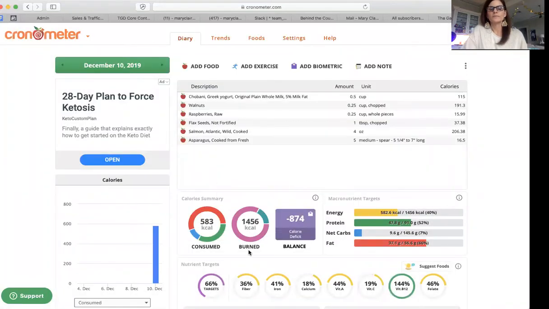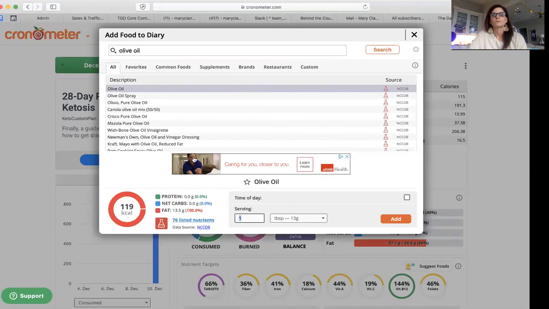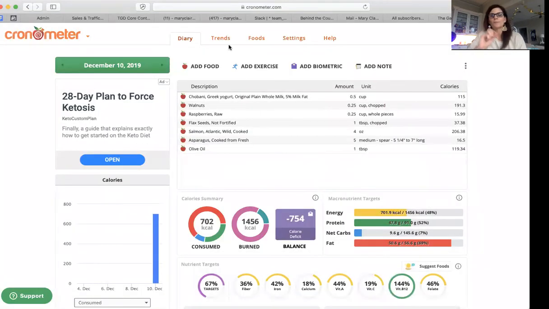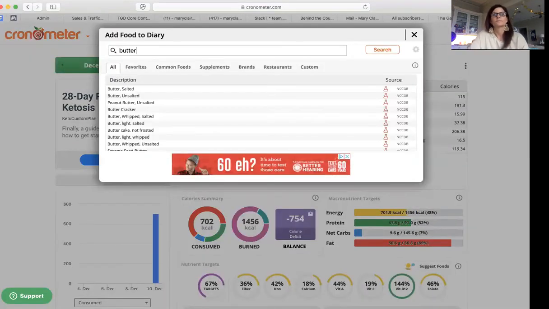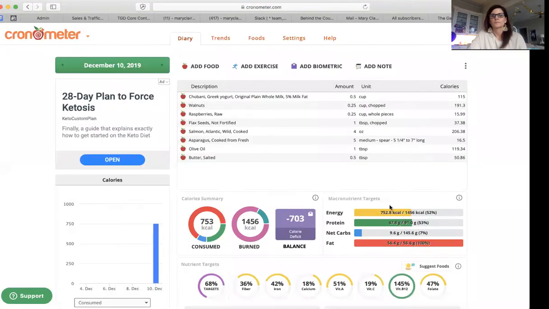And let's add a little olive oil. We're going to cook the asparagus with a tablespoon of olive oil, and then we're going to top it with like a 1/2 tablespoon of butter. Okay, so look here. So now we've got our parfait, and we've got some salmon and asparagus that we have cooked. And say the olive oil and butter also help cook the asparagus as well.